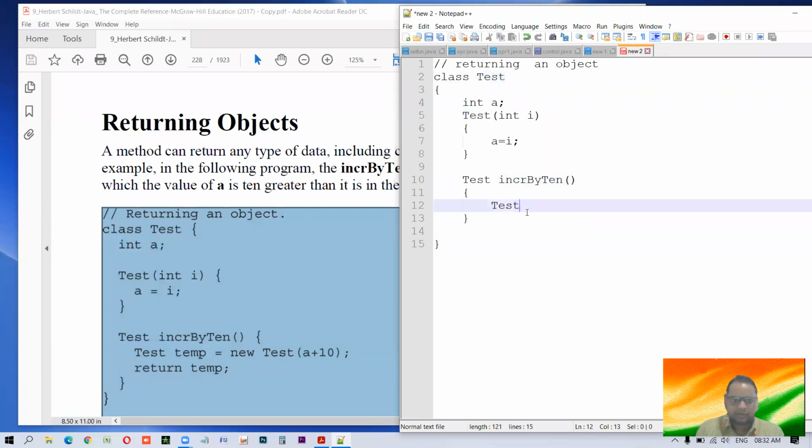It is case sensitive, you know this. A temporary object is nothing but a variable of this type.